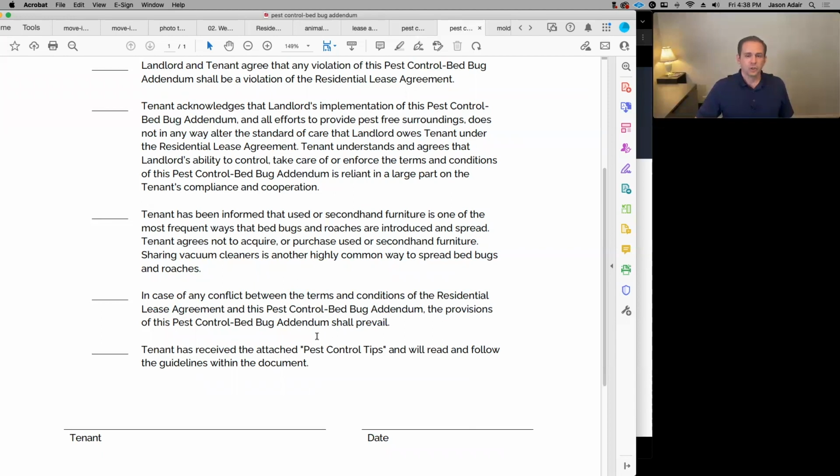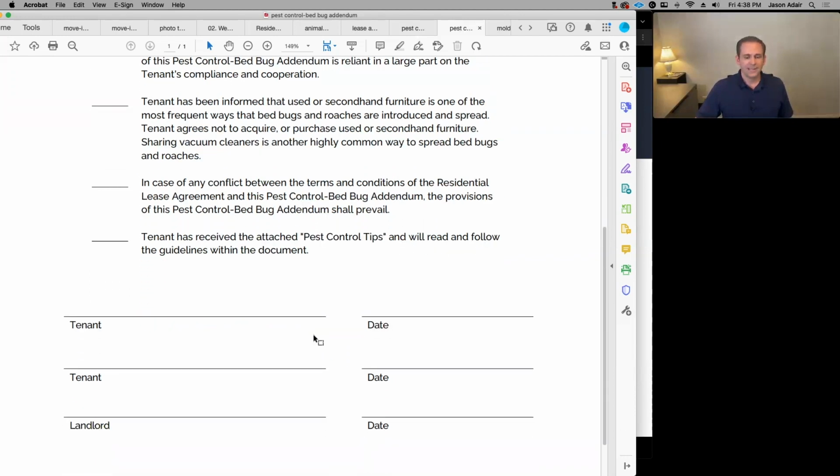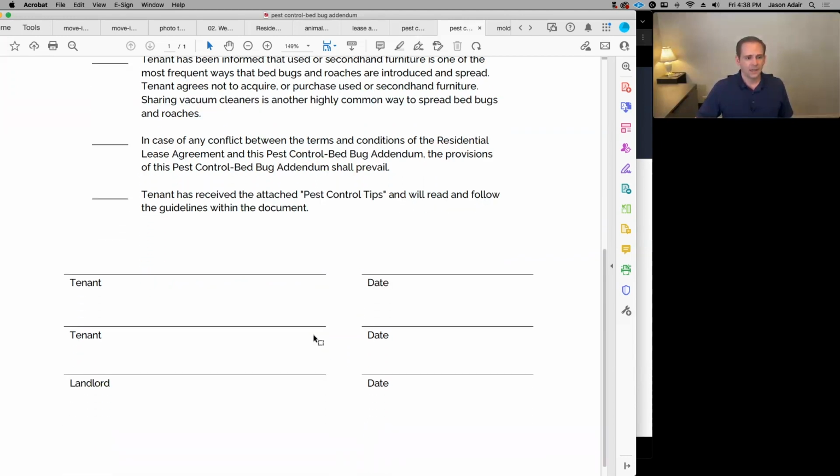There's different ways to treat them. The best way I've ever really seen that was actually effective most of the time is a heat treatment. I'm not a pest control expert. This is just based on my experience of what I've seen. The chemicals, they'll move them around, they'll kill them if they touch them, but a lot of times what I see is it's multiple chemical treatments. The most effective way I ever see is those heat treatments. They are more expensive, but